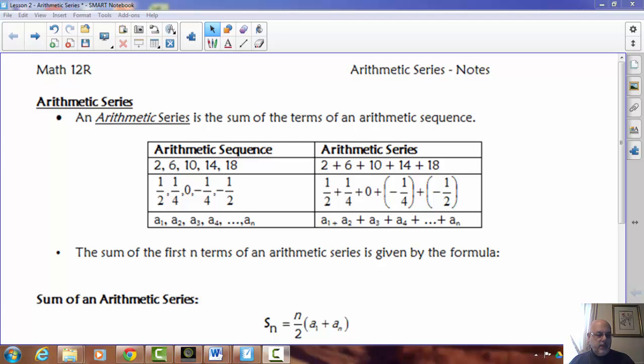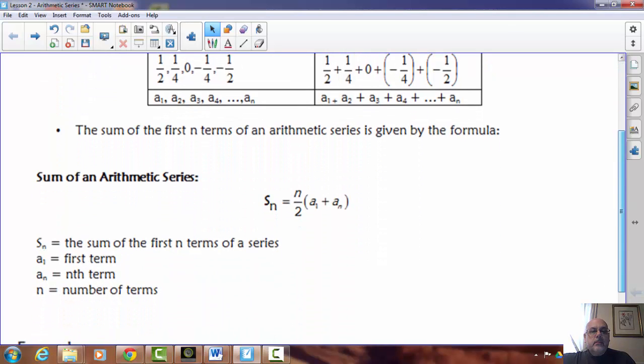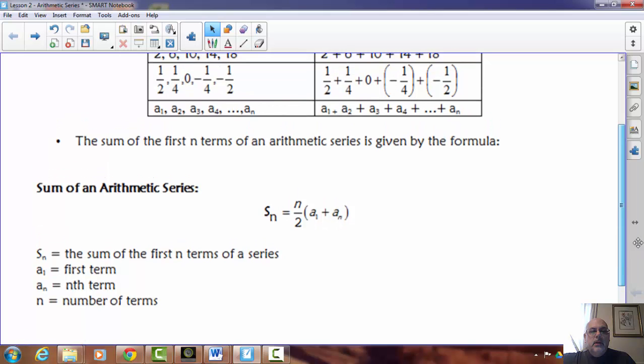Well, hello ladies and gentlemen, and welcome to the second lesson in the unit on sequences and series. What we'll be talking about in this lesson is an arithmetic series, which is the sum of an arithmetic sequence. Again, pretty much formula based, and once you fill in the variables in the formula, it pretty much becomes